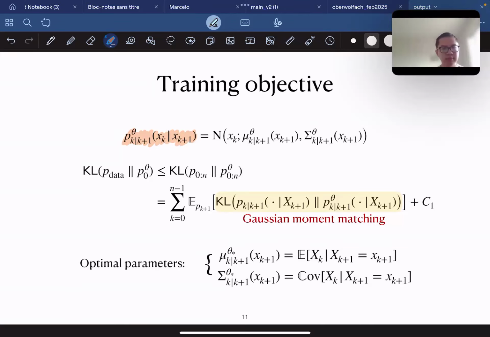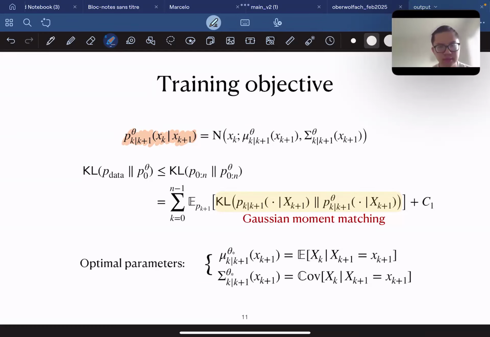So the approximation I consider for pk given k plus 1 is a transition parameterized by theta, a Gaussian with mean and variance parameterized by my parameter theta, which take as input xk plus 1 and sigma